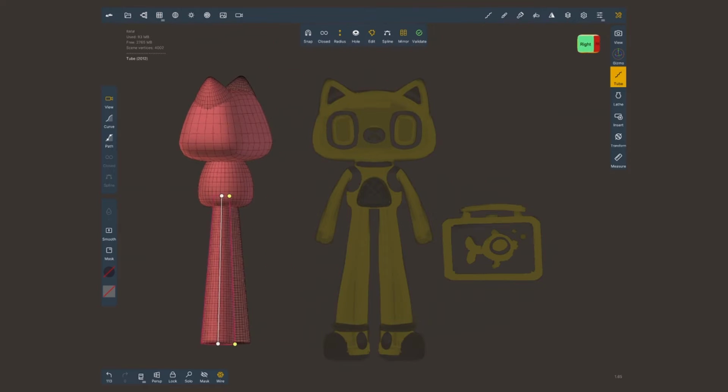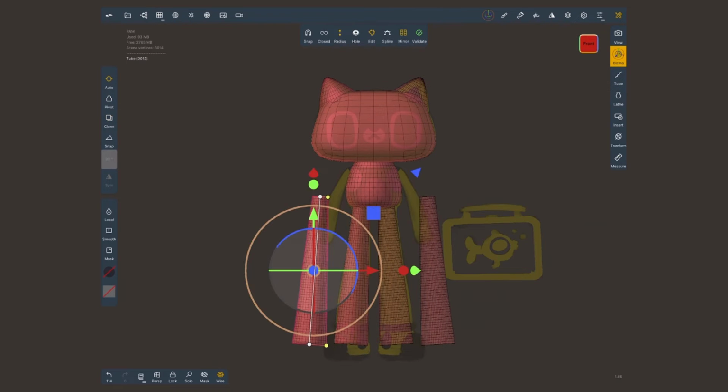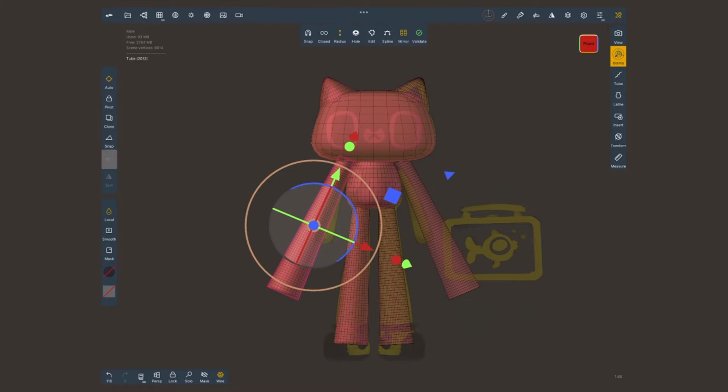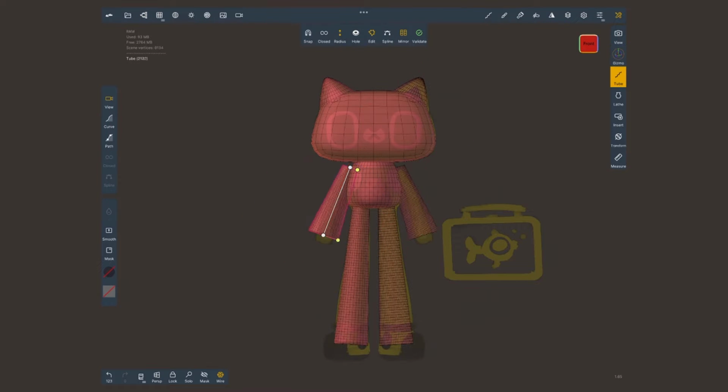If I keep it like this, I can at any point tap in between those points to create a new one and move this around. What if my character is flexing its knees? I will not explain the blocking of every single piece because the process is the exact same, and honestly the video is going to get really boring.